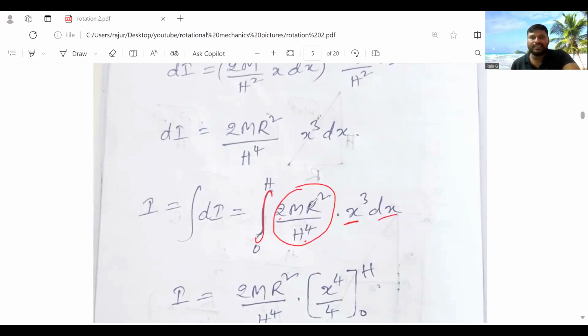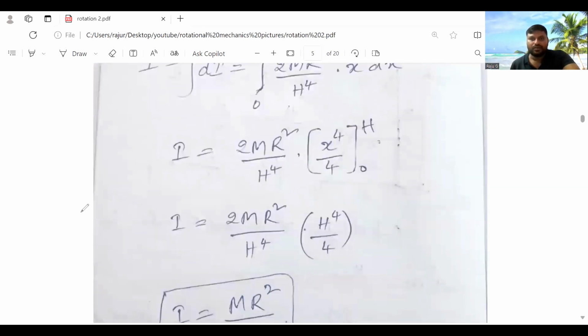This is the integration constant. We can take it out of the integration, and then the integration of x cube will be x power 4 by 4. Then substitute the limits. We will get the moment of inertia of the hollow cone, 2m r square by h power 4, by 4. Okay, h power 4 gets cancelled, 2 m r square by 4. 2 1s are 2, 2 2s are 4. So m r square by 2 is the